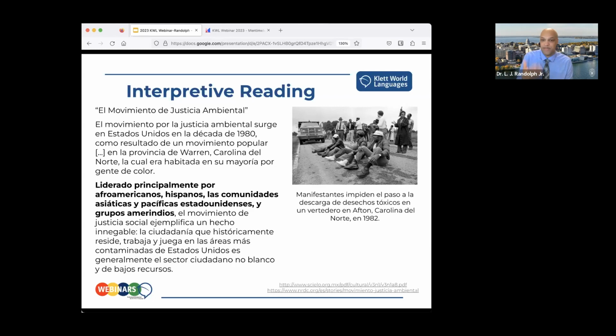And if you read Spanish, and even if you don't, you can probably guess what it says there. Who was it led by? African American, Latinx folks, Asian Pacific American, and American Indian groups. Those were the groups that were leading that charge for environmental justice in those communities. And I think it's important for students to know that those are the heroes. That's what I mean when I talk about community heroes. Those were the hometown heroes who started something that blew up into this big movement across the entire country, the world, really.